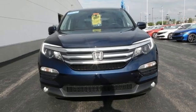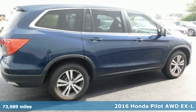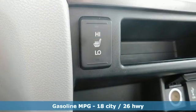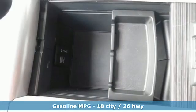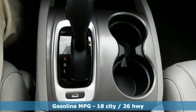It's a 2016 Honda Pilot. Style runs in the family, and watch the family run to pile into this roomy Pilot. You'll look forward to every drive with features like these: V6 engine, front heated leather bucket seats, AM/FM satellite radio,